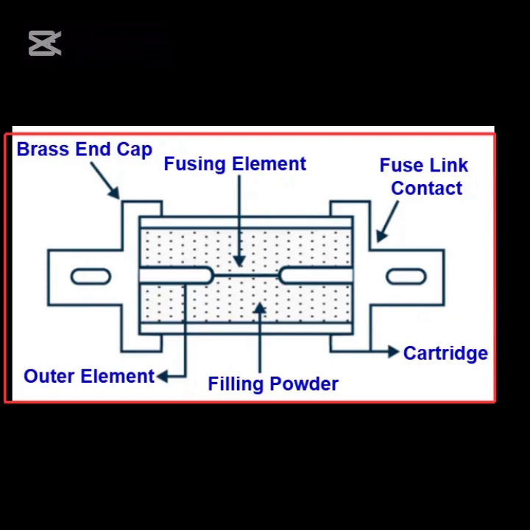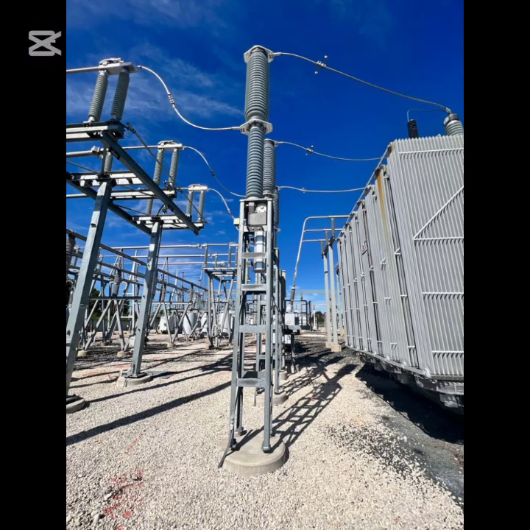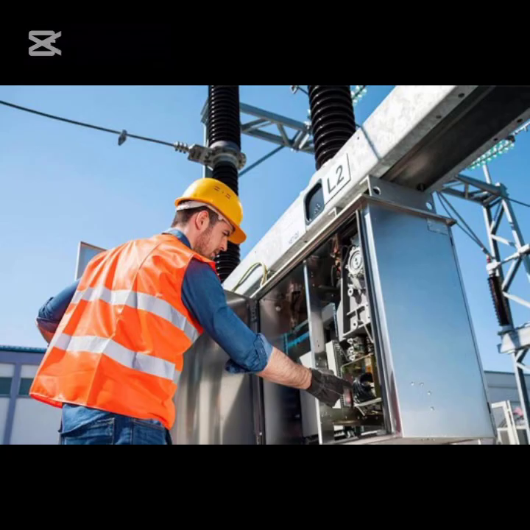This action breaks the circuit, preventing damage to equipment and machinery. 3. Circuit breakers. A circuit breaker is a device capable of opening or closing an electrical circuit under any condition, whether no load, full load, or fault situations. It is designed to be manually or remotely operated during normal situations, and to automatically operate in the case of